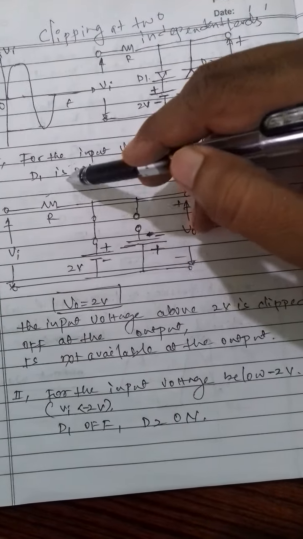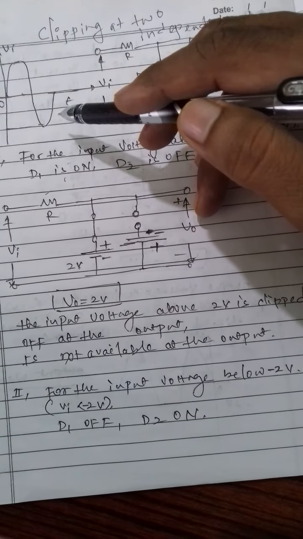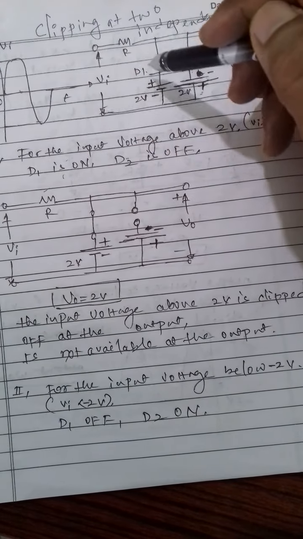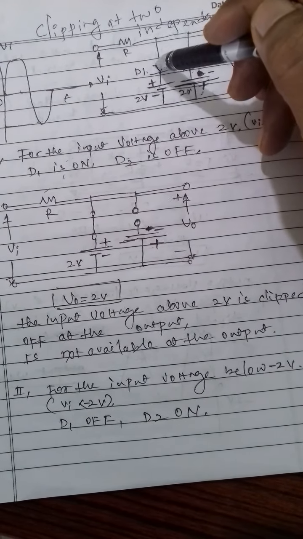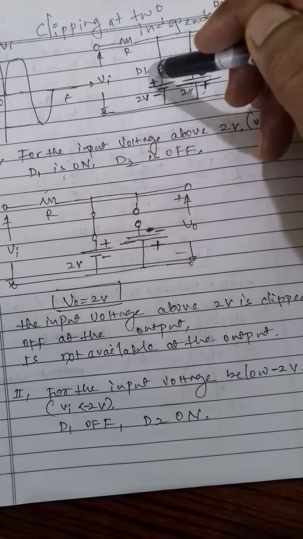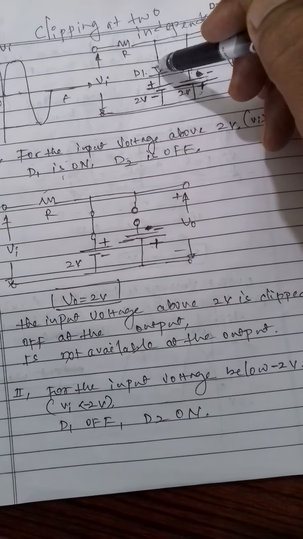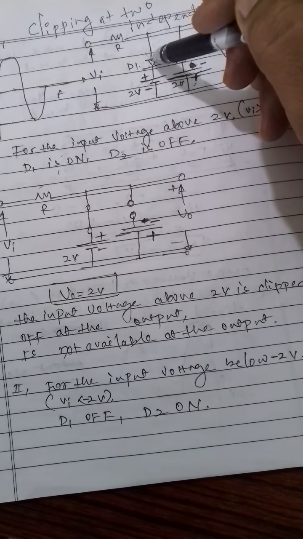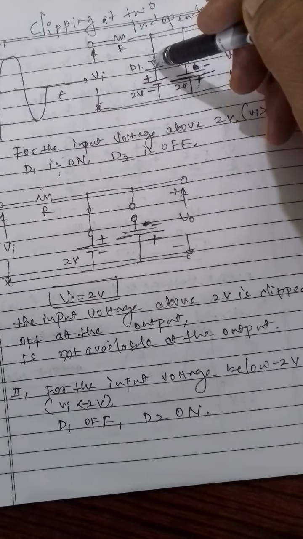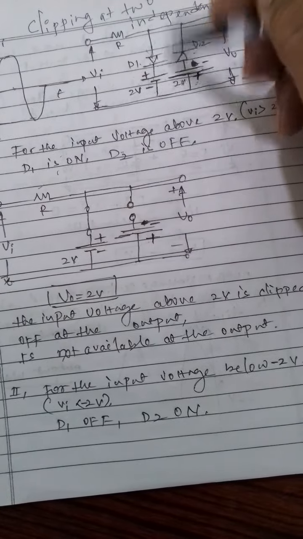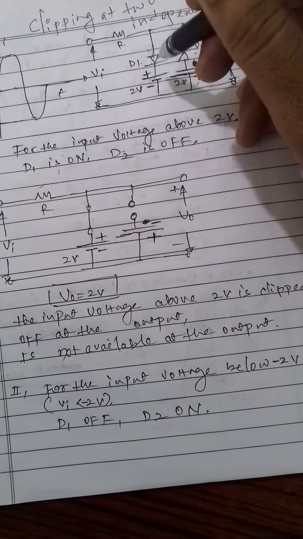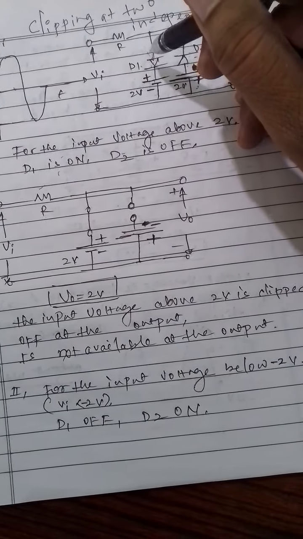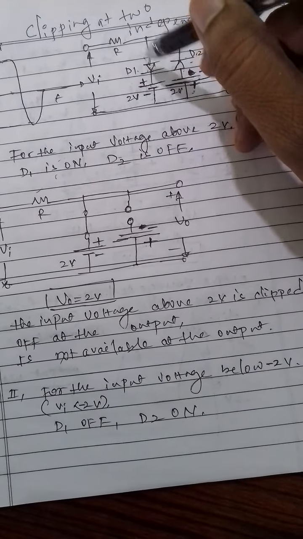Why is D1 on? Because the input voltage is above 2 volts, the voltage at the anode is positive as compared to the voltage at the cathode, so D1 is forward biased. Now